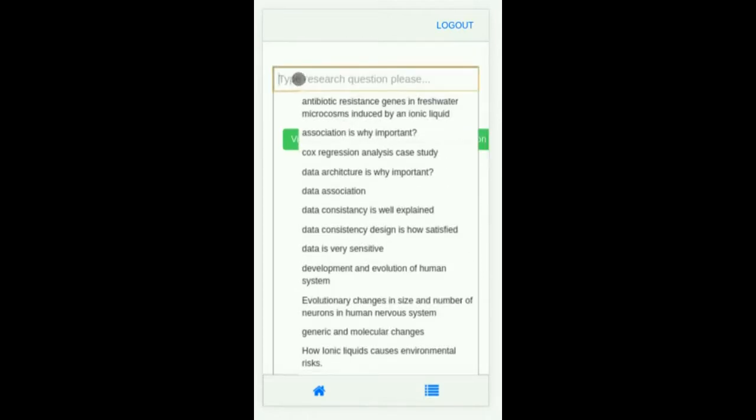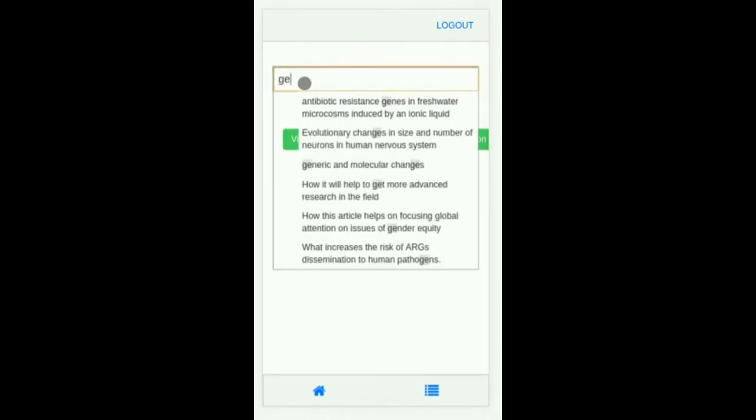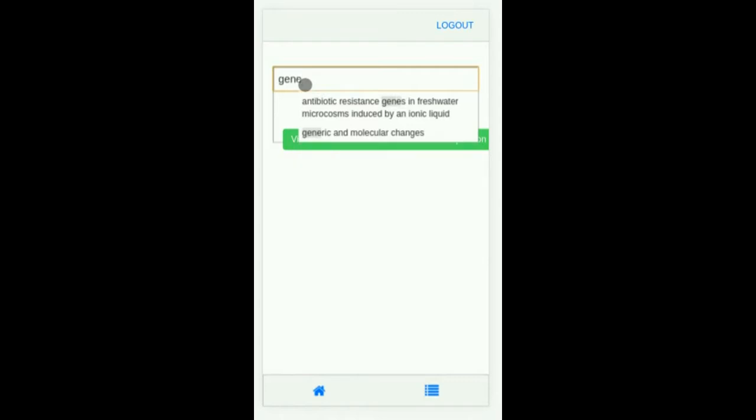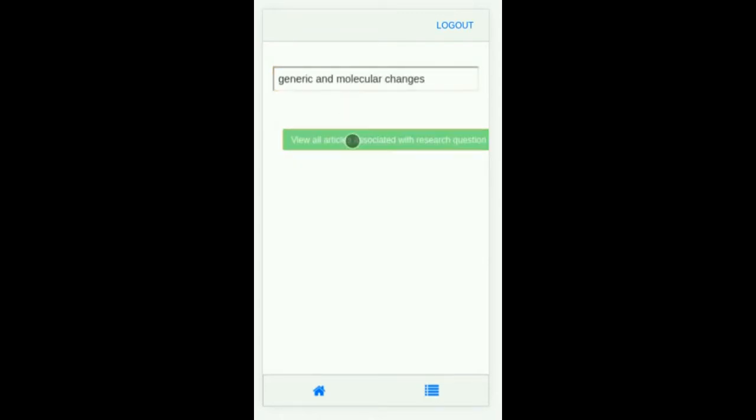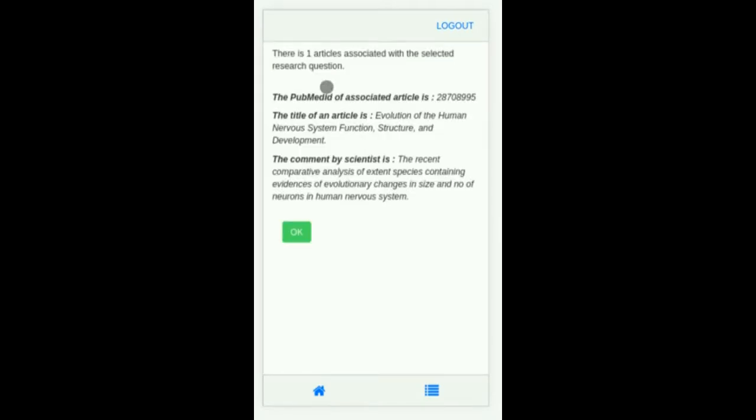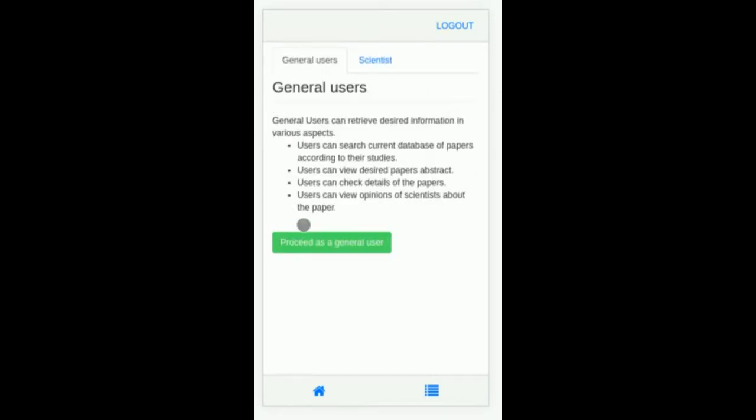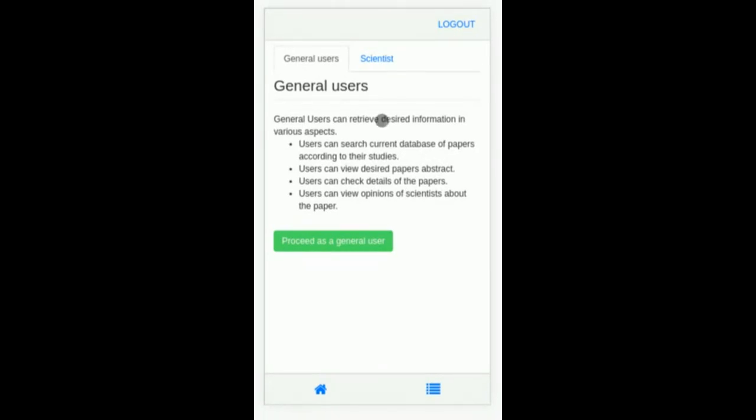So I'll choose the one which we have created now, generic and molecular changes. So view articles. So there is one article associated with this selected research question which we have created right now. Okay. This is how the crowd driven systematic literature review mobile